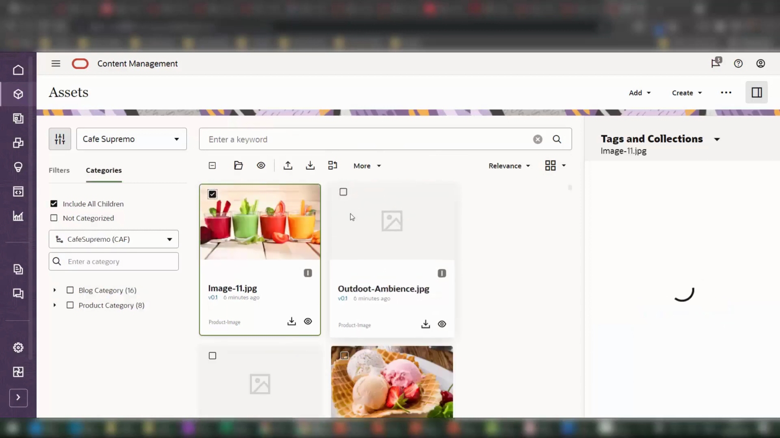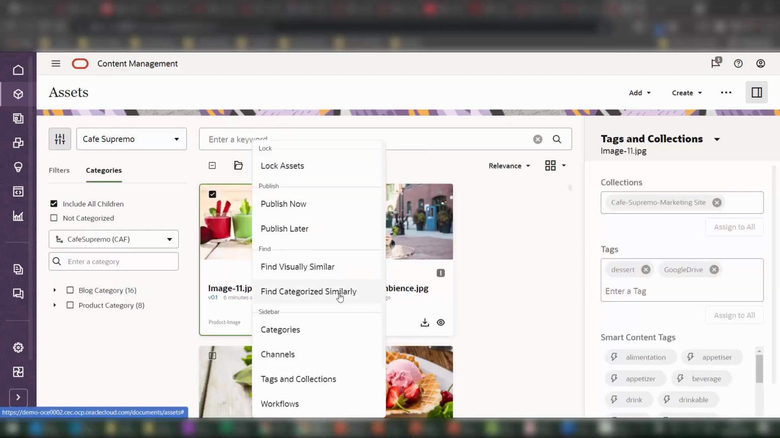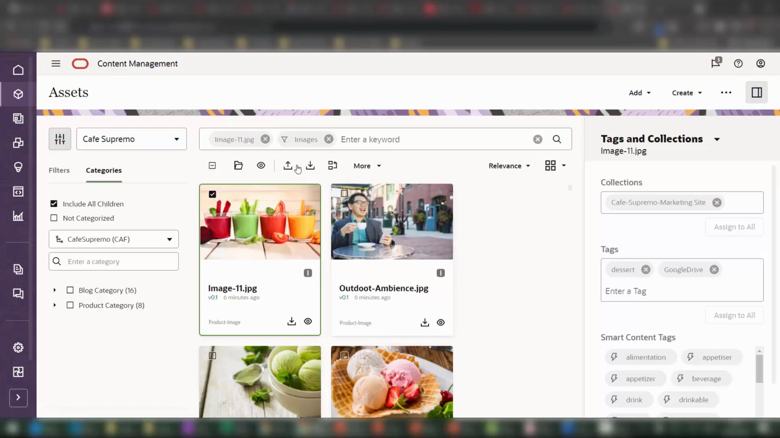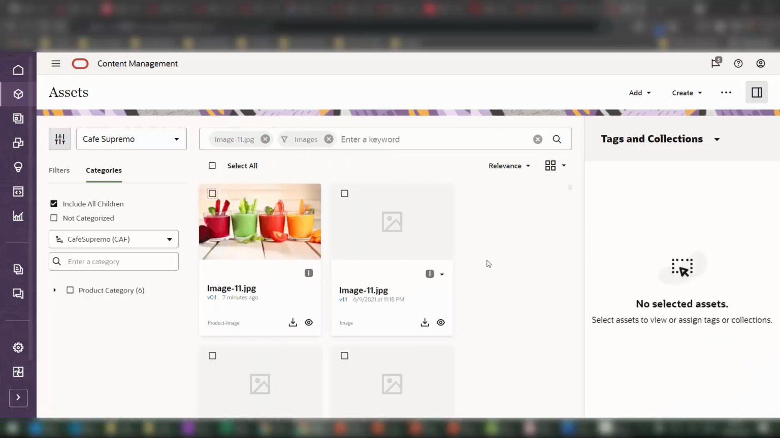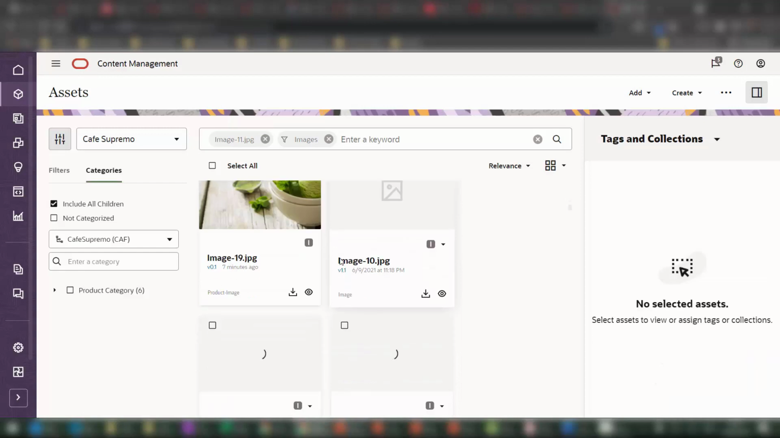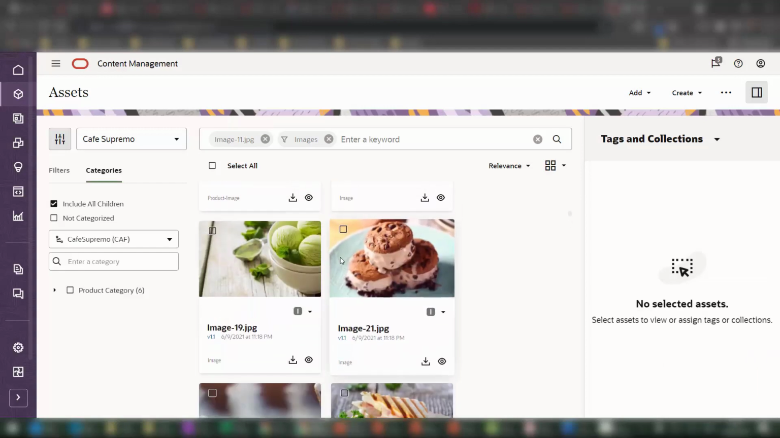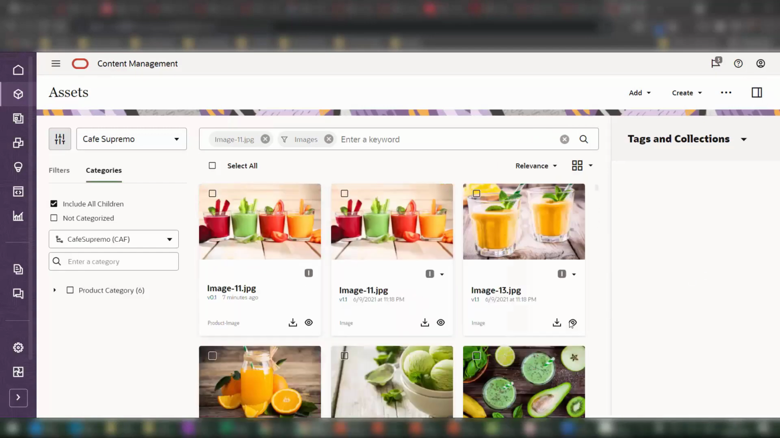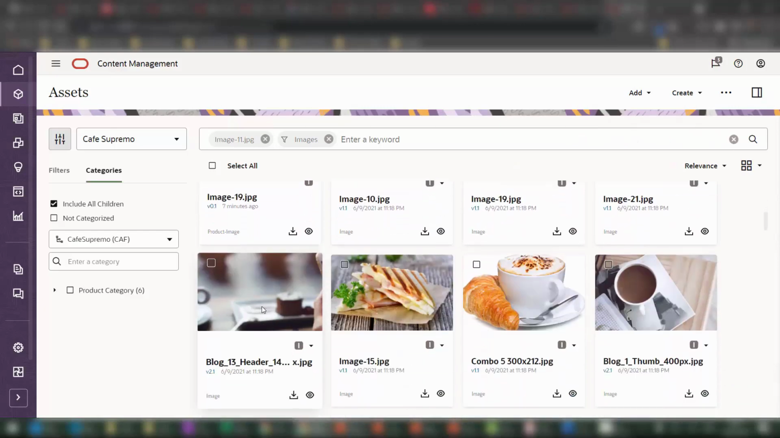So for example, if I want to find all the frozen desserts, all I need to do is use find similarly. And that will retrieve for me all of the various desserts and ice cream desserts available inside of our site. Of course, I can collapse this to get a bit more real estate, but at the end of the